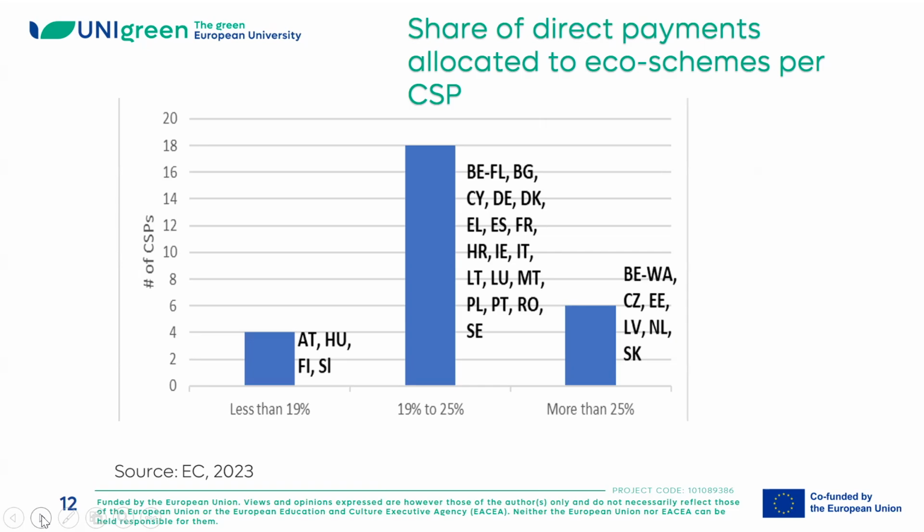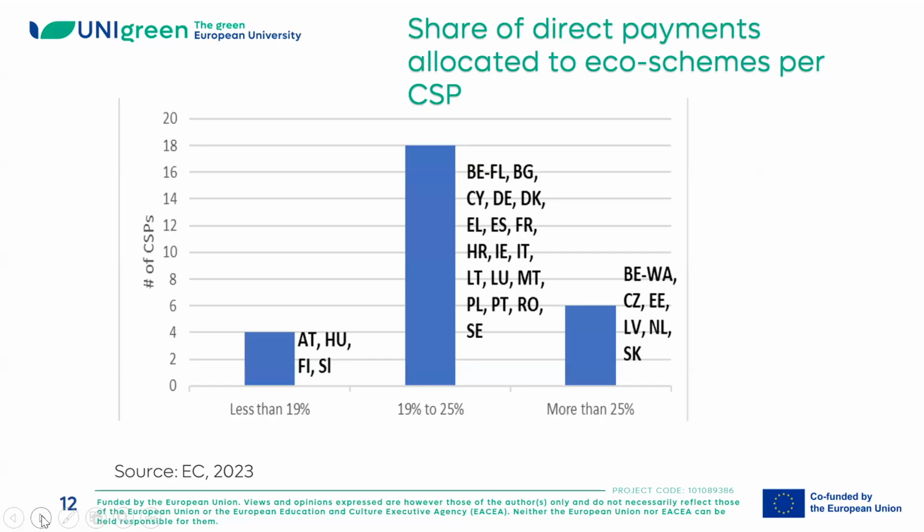So eco schemes can be supported under two different approaches: payment additional to the basic income support, or payment compensating active farmers or groups of active farmers for all or part of the additional cost incurred and income foregone as a result of commitments made, taking into account the targets for eco schemes. Those payments also cover transaction costs. Of course, each